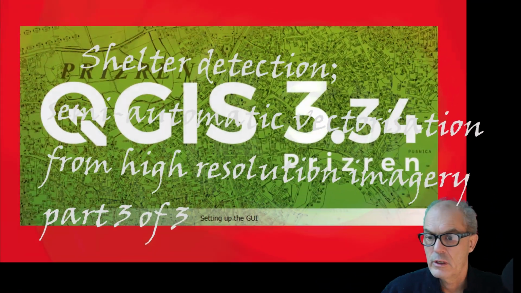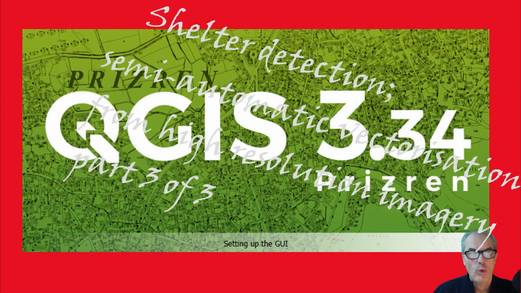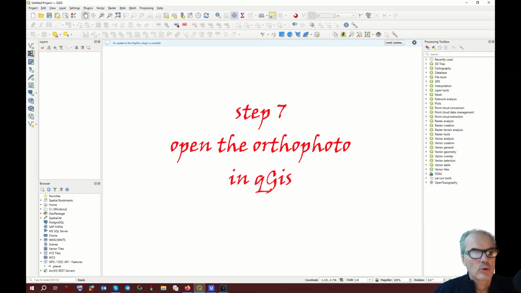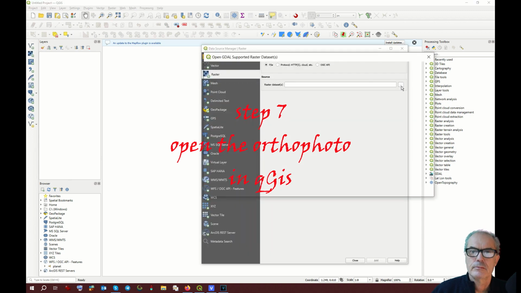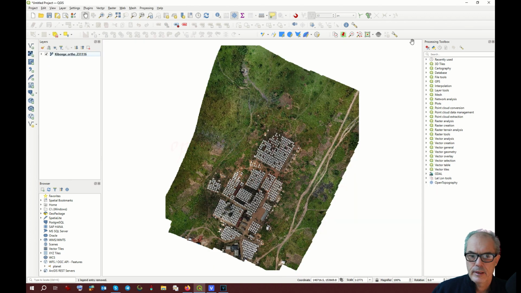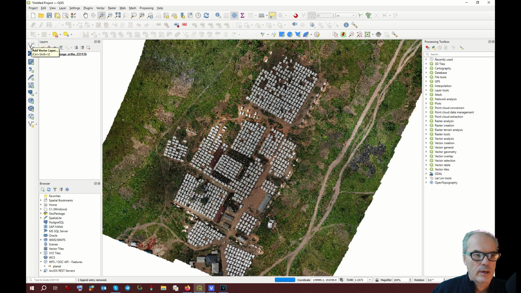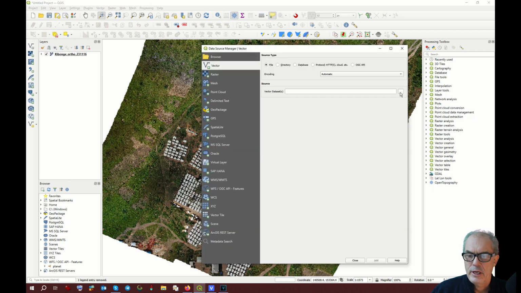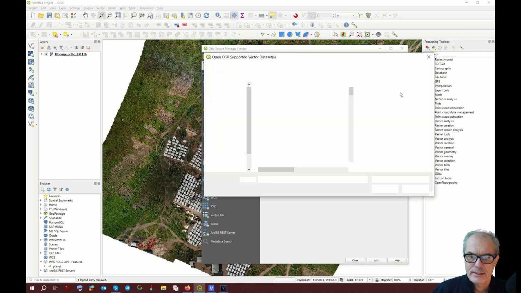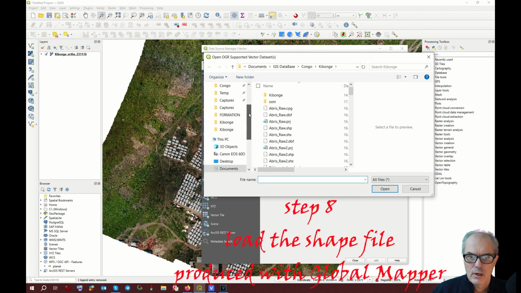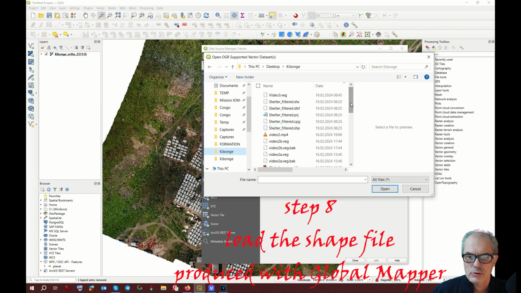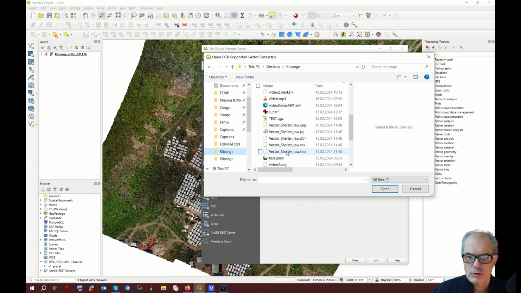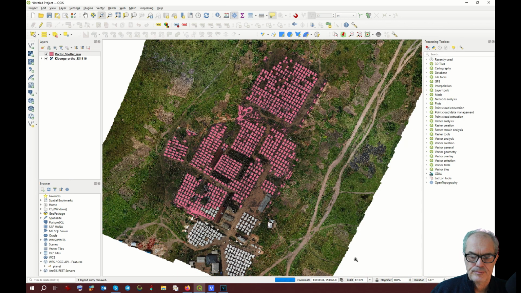We have here our QGIS. I open the orthophoto done with the drone. Here it is. Now I load the shapefile of this shelter that we have done previously with Global Mapper. It was called vector shelter row. Okay, here it is. This row shelter shapefile has a lot of geometrical mistakes, therefore we have to fix them